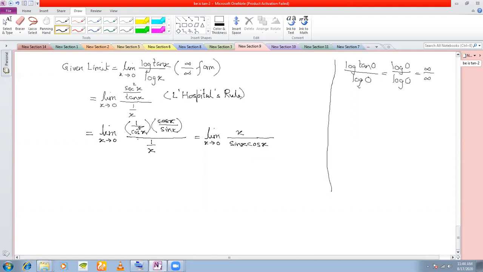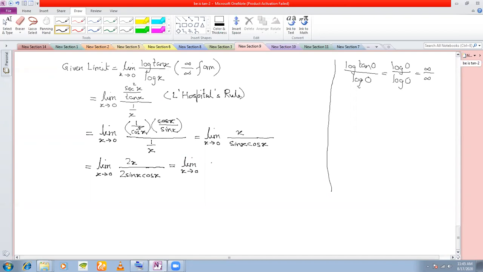Okay. Now what you do is you multiply numerator by 2, denominator by 2. See, we can differentiate as it is. But what form is this? x by sin x cos x. It is 0 by 0 form. But you see in the denominator you have sin x cos x. If you differentiate directly, you will have to use u into v rule, right? But if you change it to multiple angle, you won't have to use u into v rule. So that is why we change to multiple angle form.